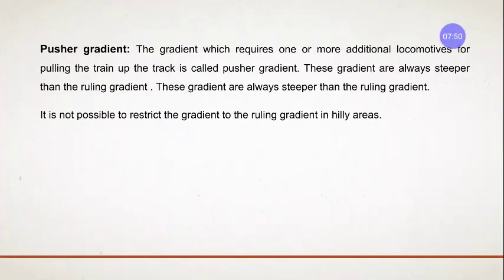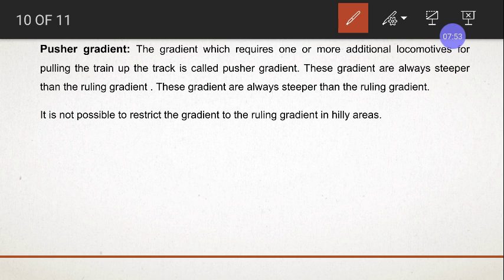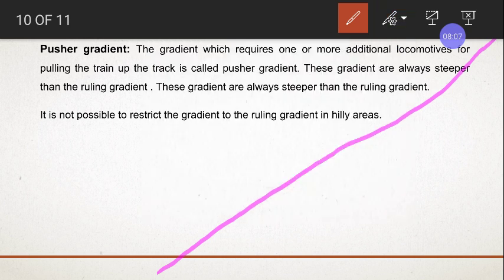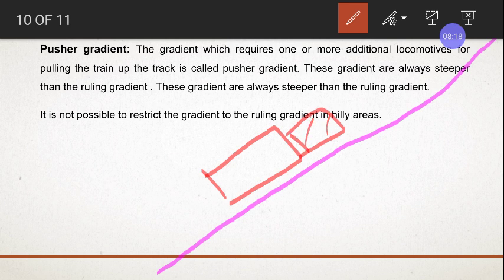Next is the pusher gradient, right? If your trains are on the hilly areas, where there is a very steep gradient, what we do is, whenever a train is moving with an engine, this is an engine, this single engine, this is only one engine, right? This single engine is not enough to carry this train forward on this gradient,